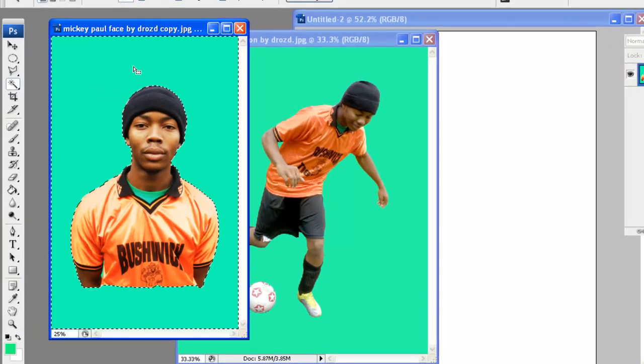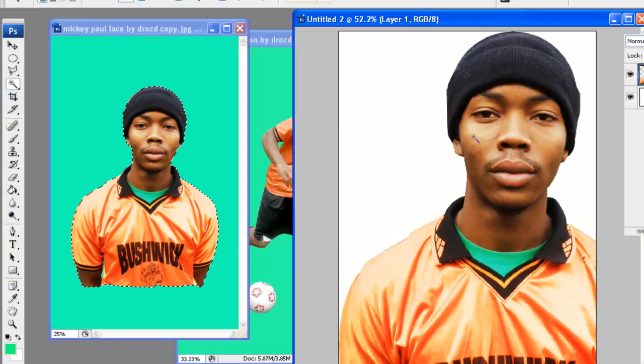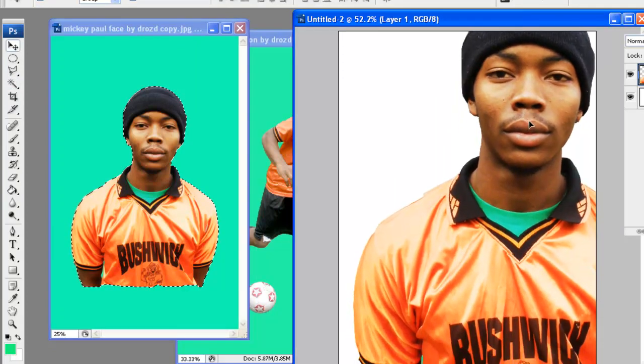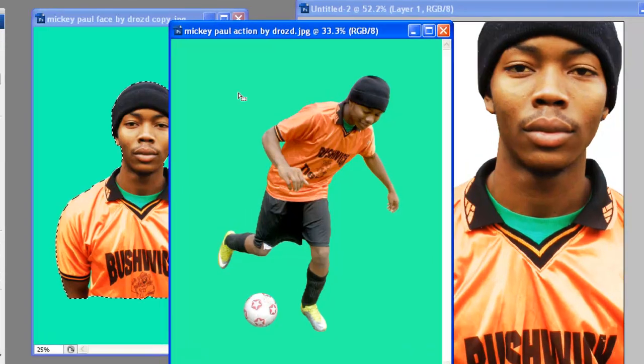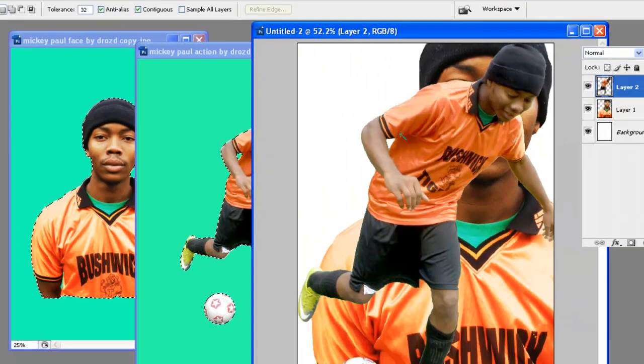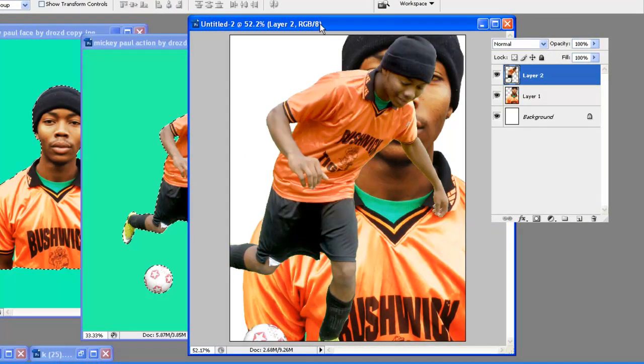So I'm going to use the magic wand, select the green, Control-Shift-I to select just the subject, Control-V to paste, and I'll have him about right here. This looks pretty good. Next, I'm going to hold Control and select the interior between his torso and arm. So we've got that selection, and then Control-Shift-I to invert the selection, Control-C, Control-V, and that's a little